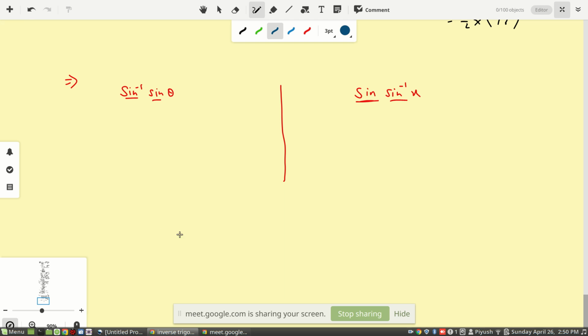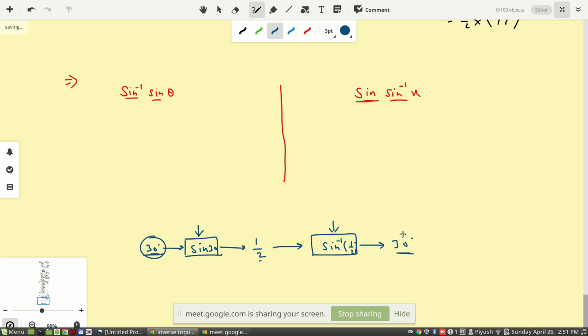First of all, inside the function, I am taking sine. In the sine, I am taking some angle, let's say 30 degrees as input. So sine 30 will give the output 1 by 2. Now this 1 by 2 again I am taking as input for the inverse function, sine inverse. So sine inverse of 1 by 2 means 30 degrees. So you start at 30, and you end up getting 30. So whenever you take the sine and its inverse in a cascading way, the effects negate each other. So finally you're getting the same thing you have taken initially.